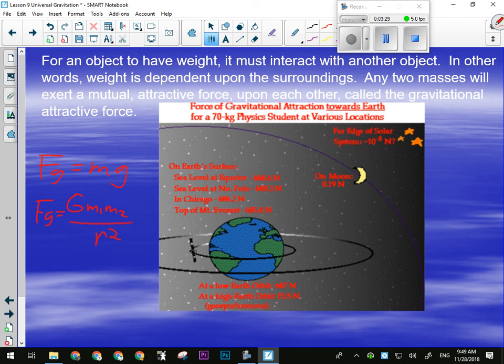So if we're looking at various situations here on Earth, if I am standing at sea level at the equator, with my feet in the ocean, I will have a weight of 684.6 newtons. If I go to the North Pole, I'm still at sea level, it'll be a lot colder, but I will have a weight of 688.3 newtons. Why am I heavier? I'm heavier at the pole than I am at the equator, but I'm at sea level in both places. Why am I heavier at the pole? Right, I'm closer to the center of the Earth when I'm at the pole, because the Earth's not perfectly round,